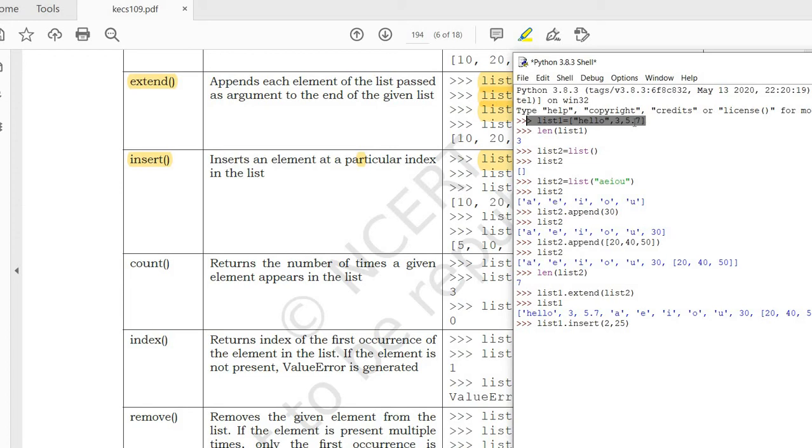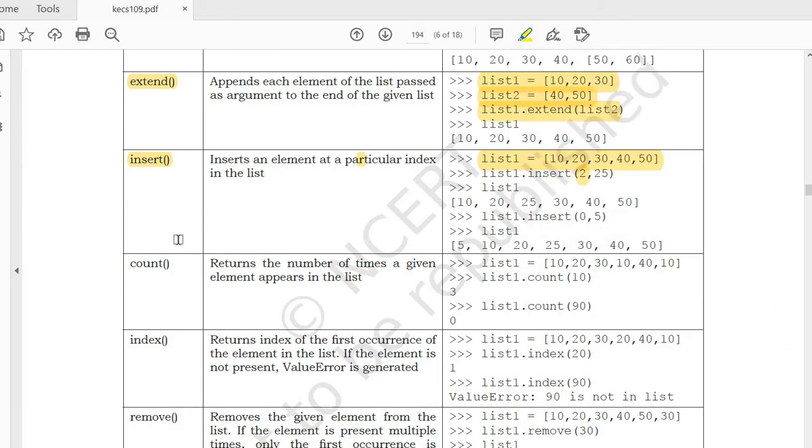So in the place of 5.7 we will be adding the element 25. So 5.7 will be shifting towards the right. Okay. So printing list1, you can see hello, 3, 25. Okay, 25 will be added at the second position using the insert function.